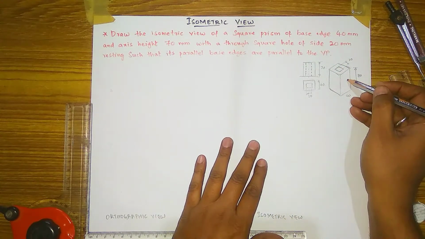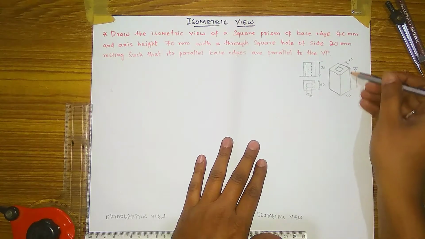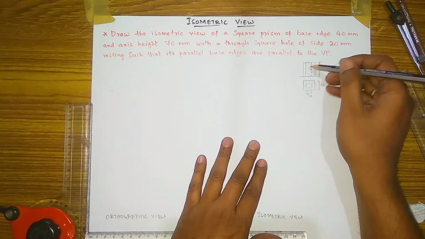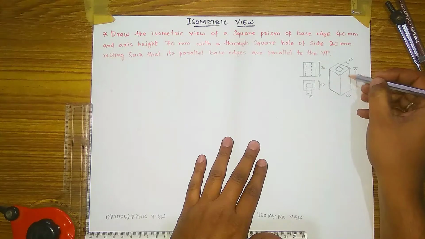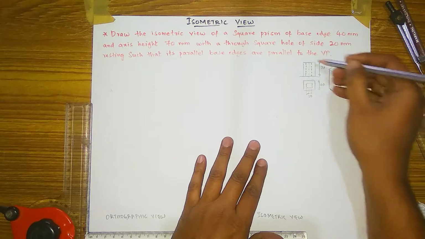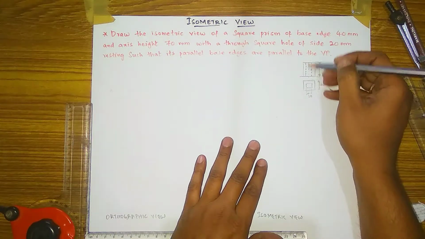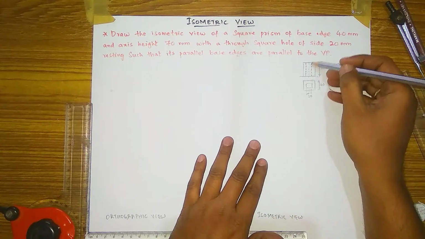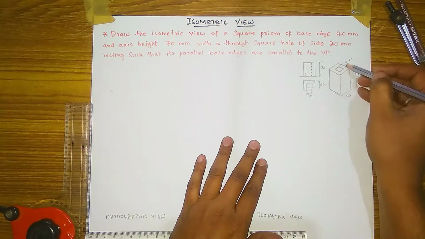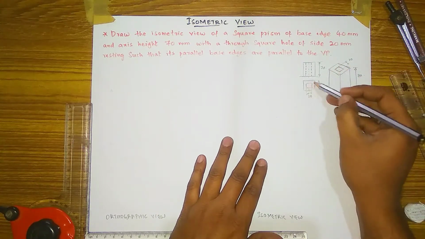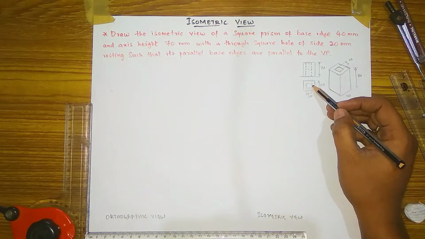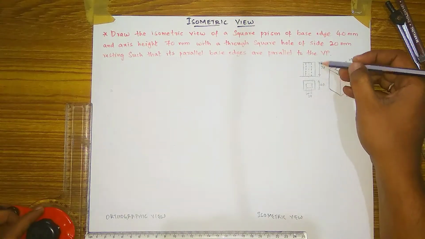So if you see this square prism from the front, it looks like a rectangle shape like this. That rectangle shape I have drawn here. This is the orthographic view, front view. From the front view I am seeing this, and this cutout section is invisible from the front. So to show the cutout section of 20 mm, which goes throughout the whole of this, this is the cutout dotted line. Then if you see this prism from the top, two squares you will see. Those squares I have drawn here, of 40 mm and 20 mm respectively, and the axis side is 70 mm.